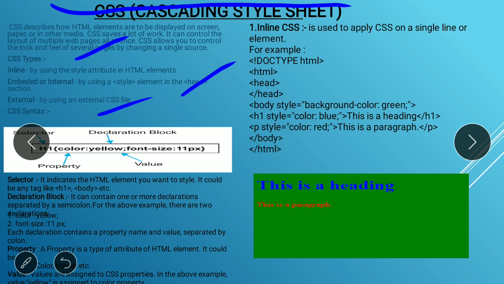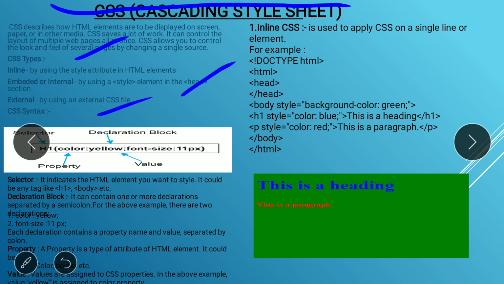Just to repeat, CSS syntax is nothing but the selector, meaning the tag or HTML element, followed by curly bracket, and in that we have to write down the declaration part, and in that declaration part you have to mention the property and value.